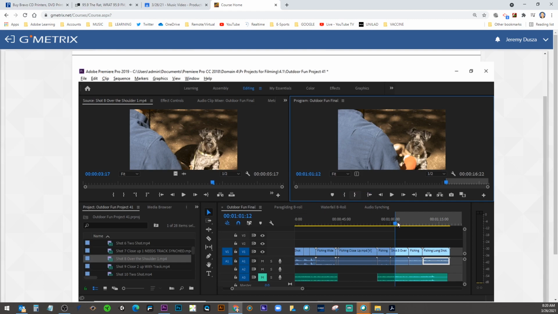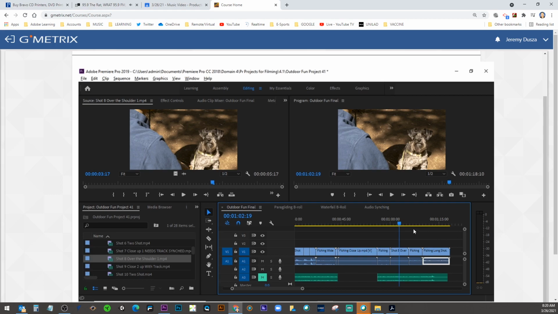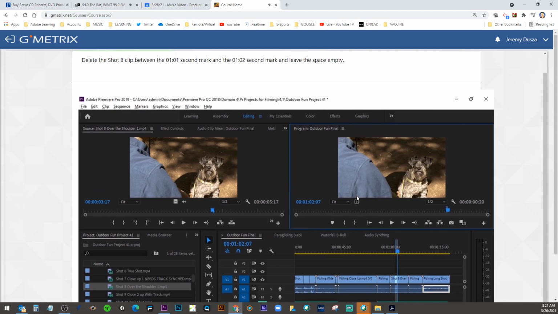It says there's a mark on the timeline. I don't see another mark. Let's see if we just, come on. Yeah, I was trying to. Mine is not dragging. See if I reset this one more time. All right, so I guess you have to click on the timeline. You have to kind of know where it is. Set our in point, then go to 102, set our out point, and